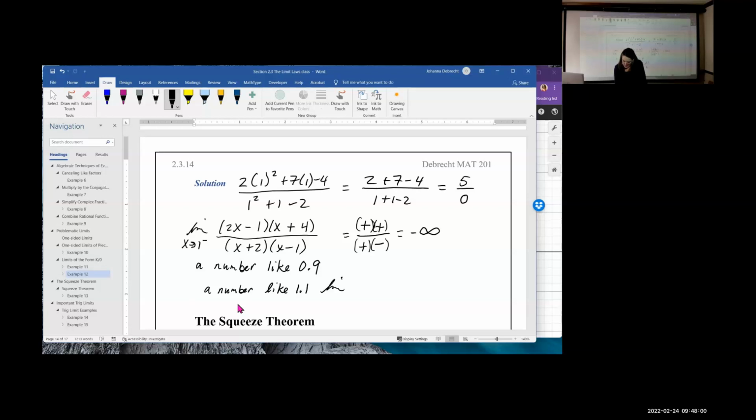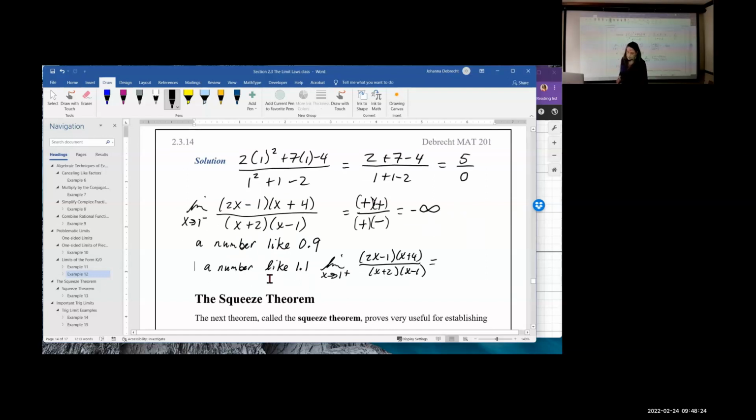So we're going to do the limit as x approaches 1 from the right. We have 2x minus 1, x plus 4, x plus 2, and x minus 1. Now, the reason we're playing this guess the sign game is because we got a constant over 0. So when you get a constant over 0, you do a guess the sign game. And when we're looking at it, we're trying a number like 1.1. So multiply it by 2 and you get 2.2. Minus 1 would be positive. 1.1 plus 4 would be positive. In the denominator, 1.1 plus 2 would be positive, and 1.1 minus 1 would also be positive, which means it